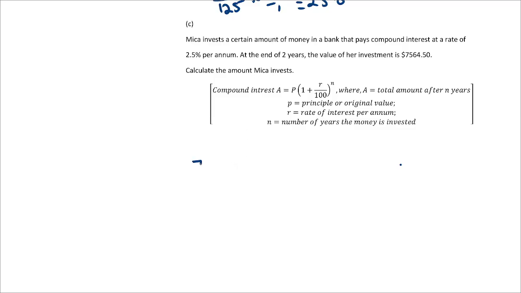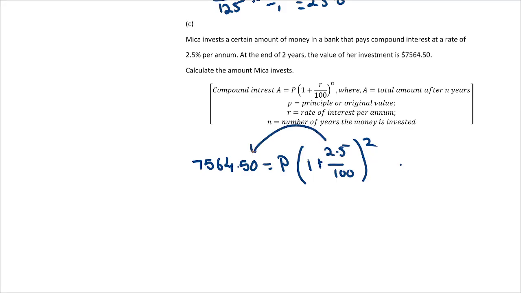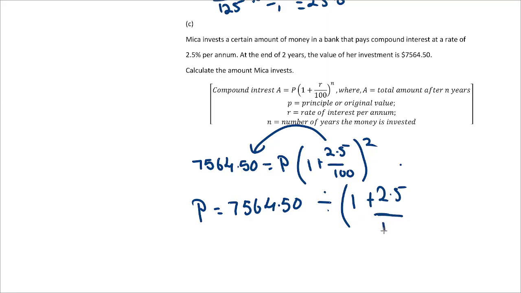So we know that 7564.50, that is the amount, is equal to P. We don't know what P is. Open bracket 1 plus 2.5 over 100 to the power of 2. We want to make P the subject, carry across, multiply by, which turns to divide by. So P would be 7564.50 divided by, open bracket, 1 plus 2.5 over 100 squared. So my principal is now,